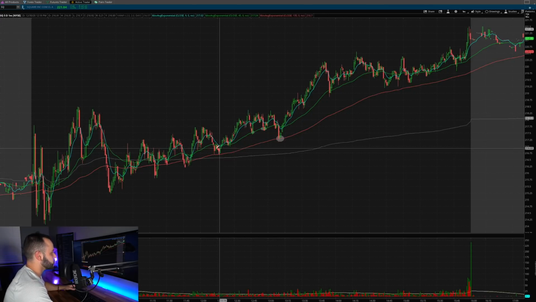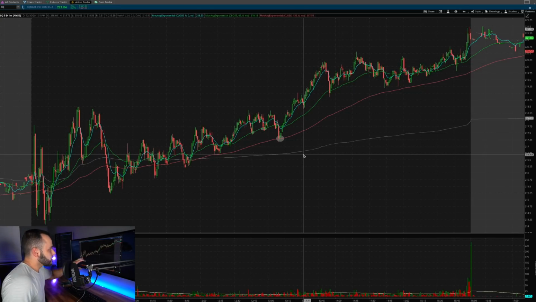We got bounces off it multiple times, and when we started to trend up right here around 1:15, bouncing right off the 9 EMA multiple times. When we fell to that 45 EMA, and you guys can see later in the day, we just started to chop around. So overall, looking at these EMAs, I'm not saying that it's the best indicator. You're not going to catch every single move using these lines,